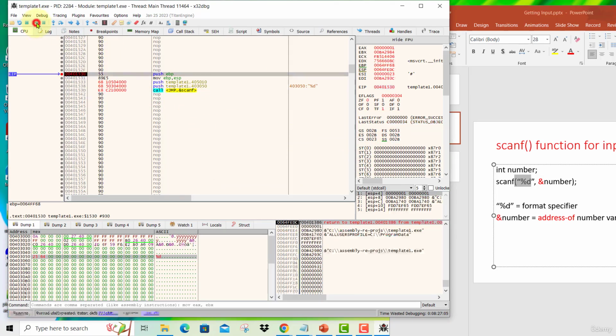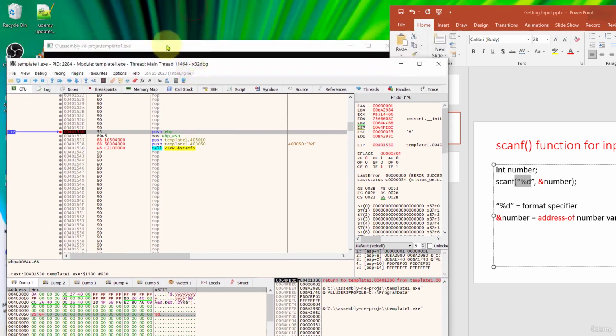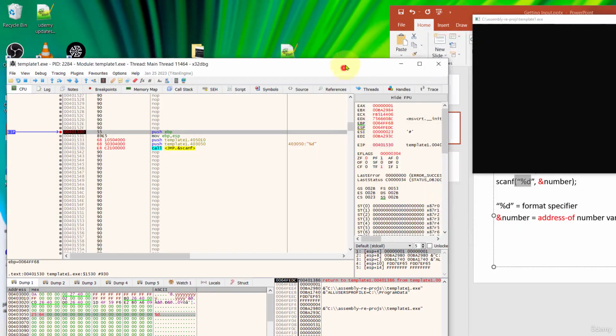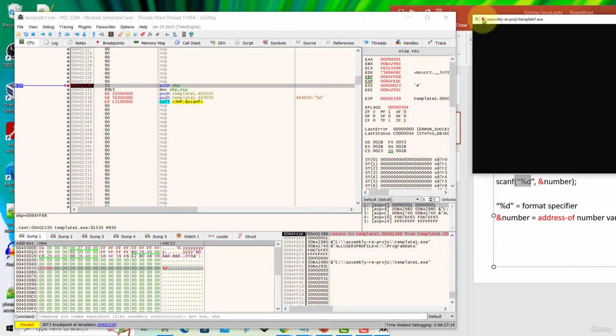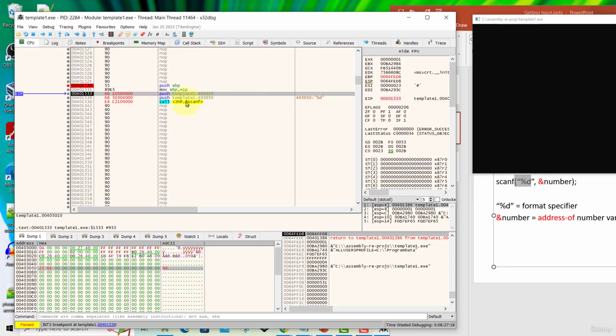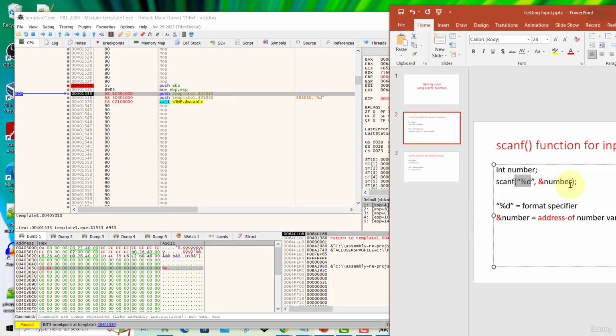Now we can run the program and you hit a breakpoint. Remember, you should put a breakpoint before you run. So now let's see what happens. We step over until we come here. So this is going to push the address of the second parameter. Second parameter is this variable here, the address of this number, and the address is 405010. So let's go there now.